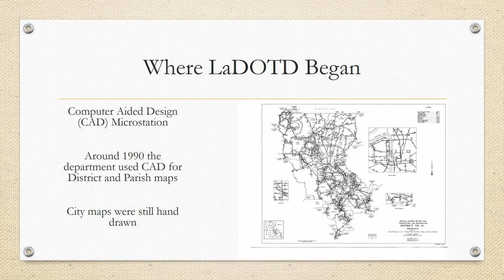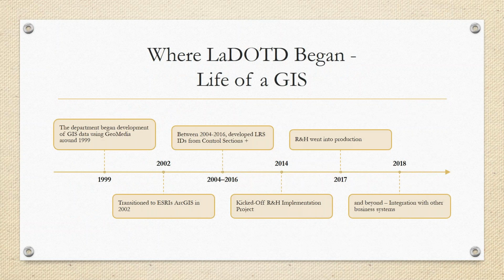But city maps continued to be hand drawn for a number of years after that. And this is just a little brief timeline. I guess I know before Jim got here at DOTD, which was in 2002, they were using GeoMedia in the late 90s, and then I think Jim kind of helped facilitate the switch to Esri products in